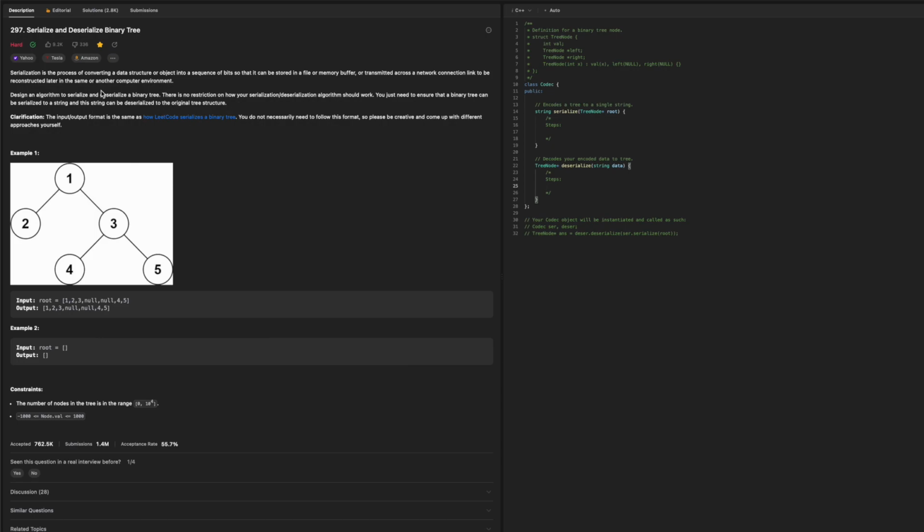Clarification also: the input/output format is the same as how Leetcode serializes a binary tree. You do not necessarily need to follow this format, so please be creative and come up with a different approach yourself. Okay, so for our following steps, for one, we are given